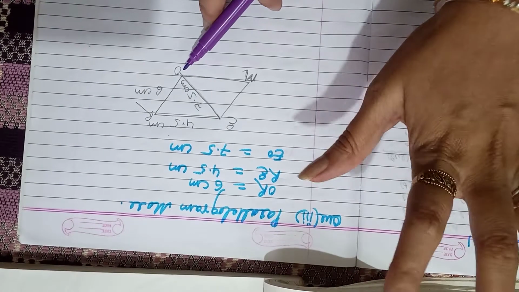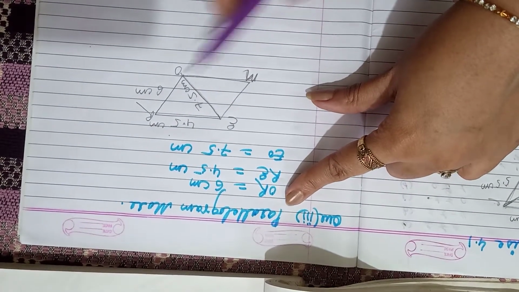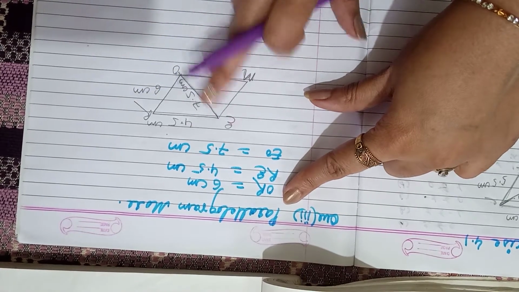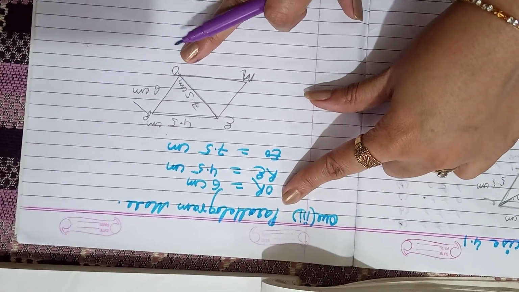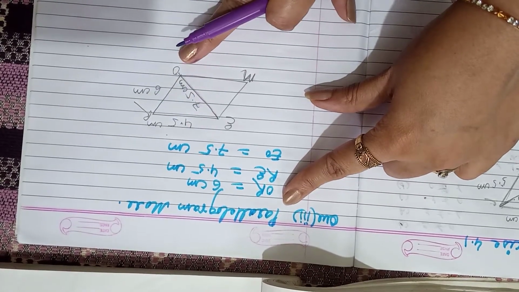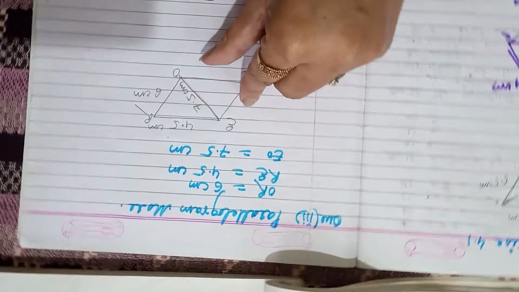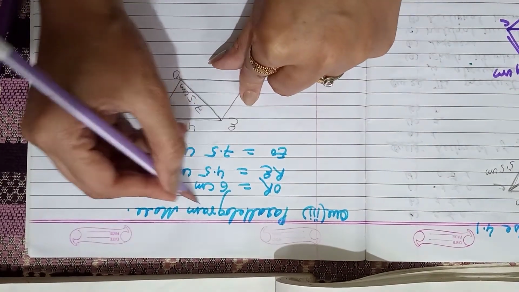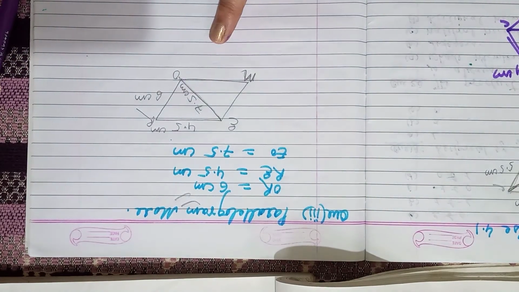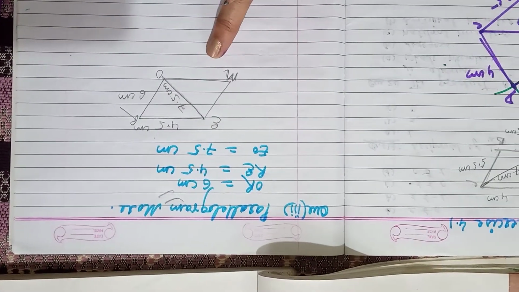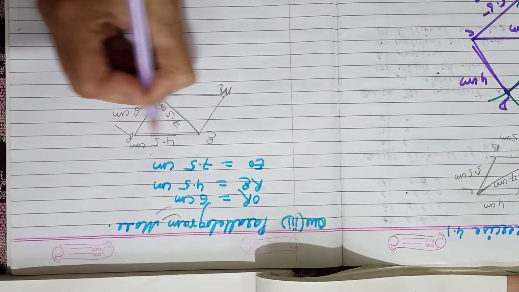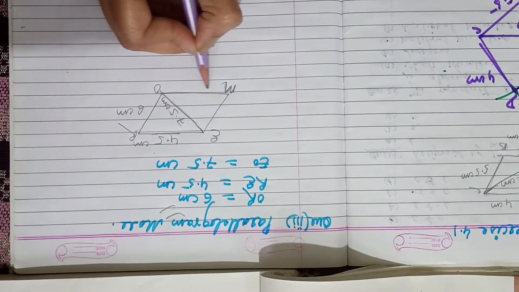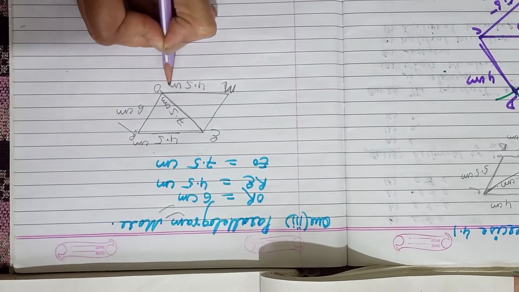Because this is a special case of quadrilateral, first you need to learn the properties of the parallelogram. We construct the quadrilateral when the four sides and a diagonal are given, but here only the lengths of two sides and one diagonal are given. So how can we find the lengths of the other two sides? By the property of a parallelogram, opposite sides are equal and parallel. So the lengths of opposite sides are equal. So RE is 4.5 centimeter, so MO is also 4.5 centimeter.